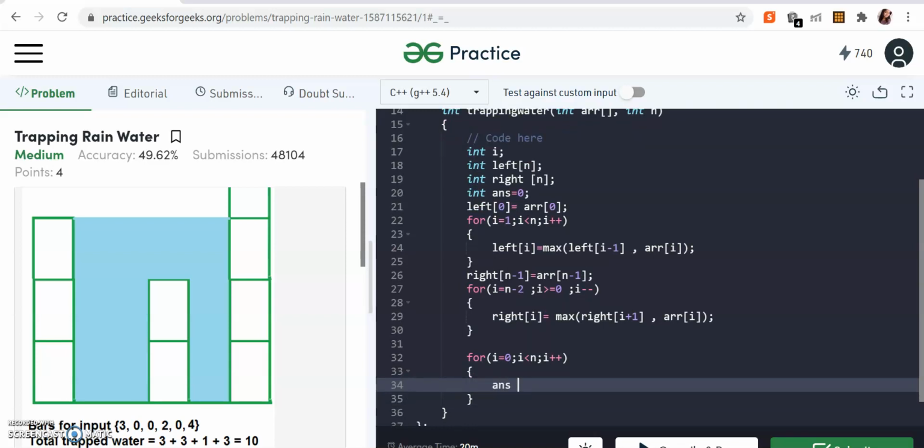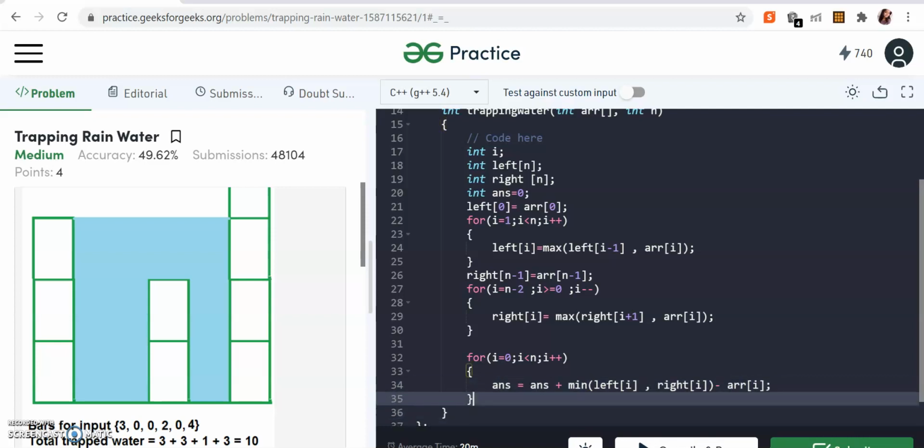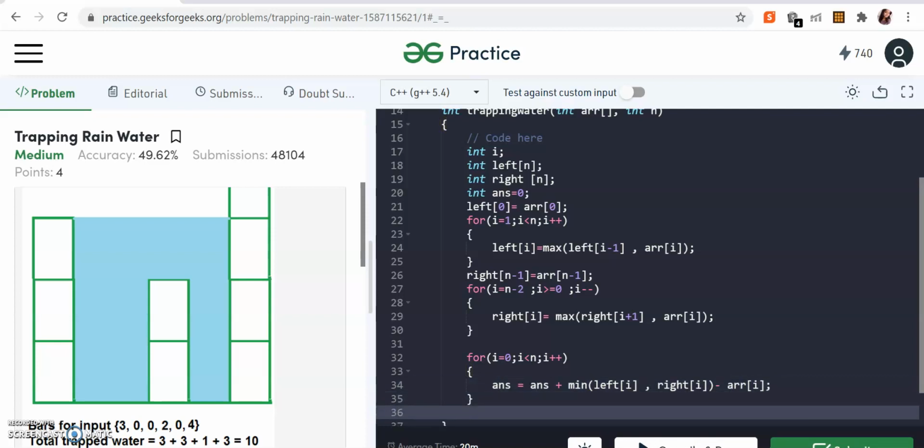So this answer will be answer plus, now we need to get the minimum of left of i, comma, right of i, and then we need to subtract the current element, right? So this will be the answer. Now the only thing left for us is to just return it. So we'll just return the answer.